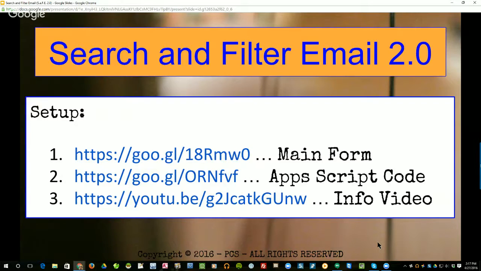The second element that you'll need is this app script code, which is located at the second URL, number 2 over there on the screen. And the actual video that talks about how to put it all together and start using it is in that number 3 URL on YouTube. You can check it out at your own convenience, speed, pace, and get the stuff set up. So I'm going to continue assuming that you already have it set up,